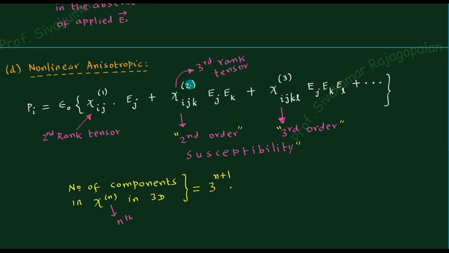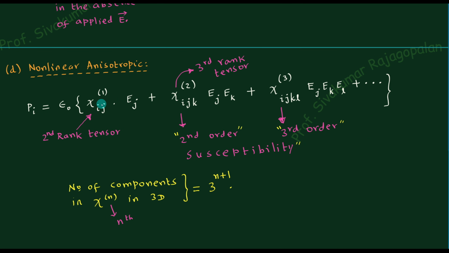And then this is known as the second order. It's written here, second order. The bracket is the order, second order, third order, etc. So the order actually talks about the power of the electric field. E to the power 3, so Ej, Ek, El means we are trying to say that different values in different directions. That's all about it. Suppose you apply equal strength in all the three directions, then it is going to be E cube. E cube means power 3 is there, therefore this is third order. E square is second order, E to the power 1 is first order.